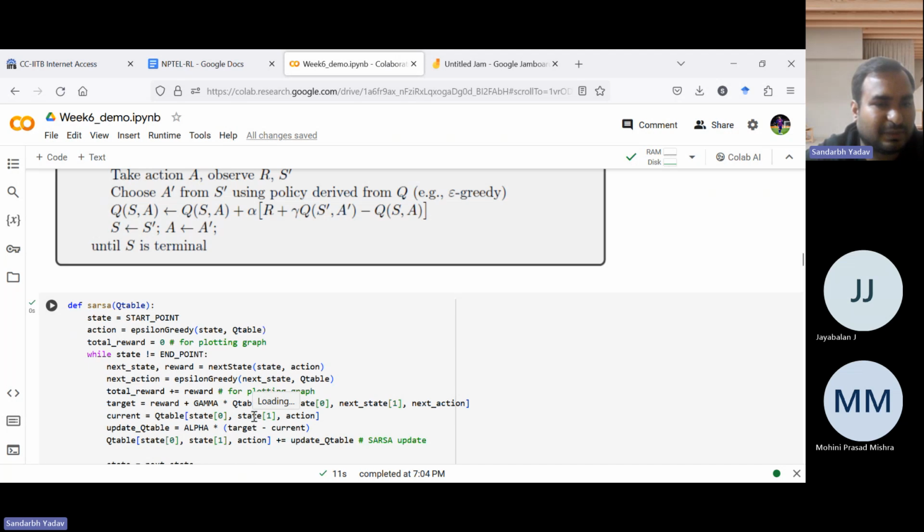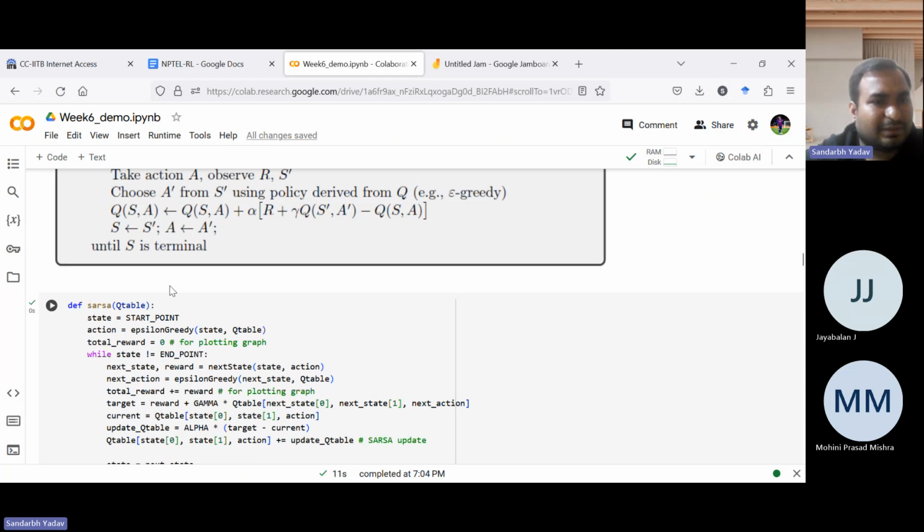You just have to go there and find that index. So we are simply passing the current state, which is s. See here, we are passing the next state. Here we are passing simply the state and the current action also. Here we are passing the next action. So we have the current estimate also. Now we are doing this update. So what is the update? The update is basically whatever is after the plus. So we have simply multiplied alpha into the target minus current. So this is the update which we will be doing.